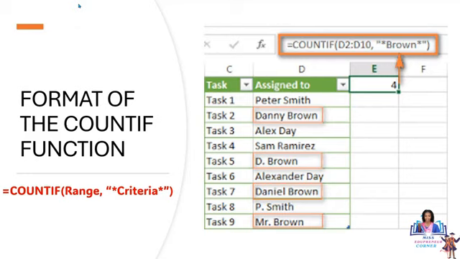So to our left, we would have seen an example in the formula bar for the picture that is showing. So they are counting the amount of persons in the list with the surname Brown. So hence they would have inputted the function in the formula bar. And it reads equal COUNTIF, open bracket, D2 to D10 would have been the range, and then the criteria